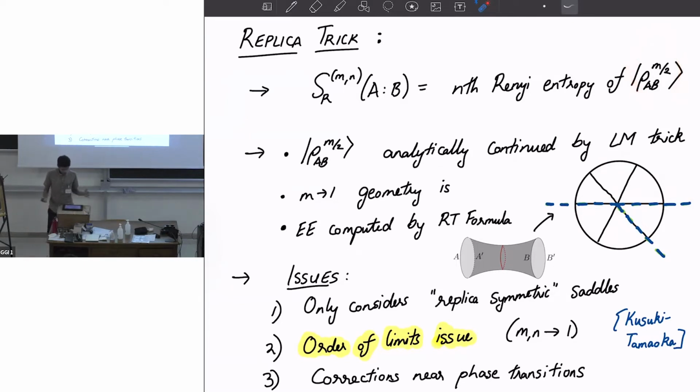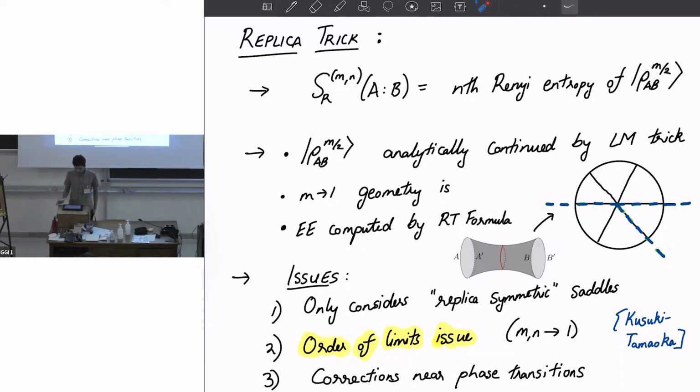And that's true for even integer m, but now you can try to do this quotienting like Lewkowycz-Maldacena and think about instead the state that's prepared on these slices, which is essentially, it just has the original boundary conditions and it has some particular opening angle. And so now it's something that's analytic in m, which you can then analytically continue. When you do that, you find this geometry. So it adds to the plausibility argument that this really is the geometry for the canonical purification. And then if you can use the RT formula here, then you're done.